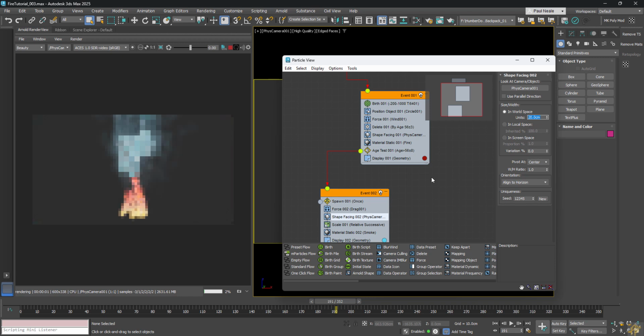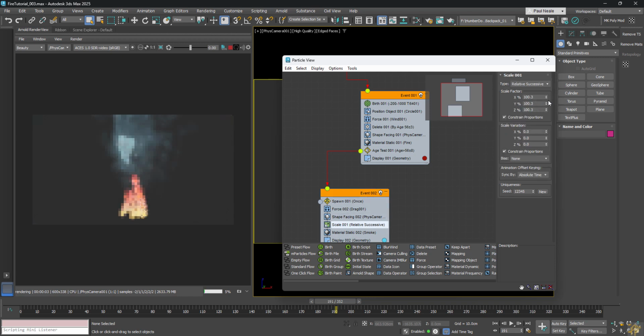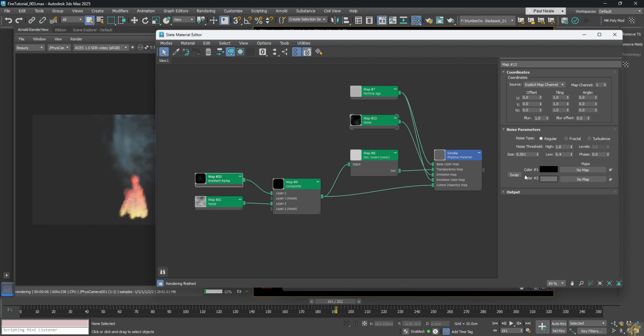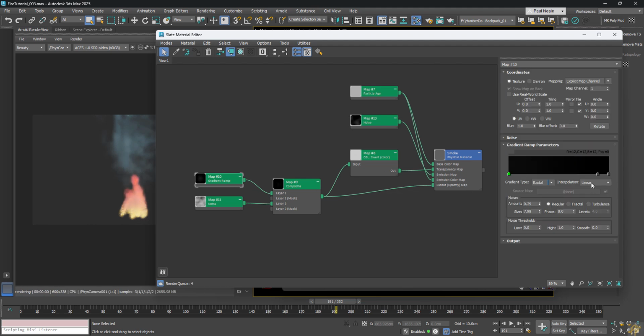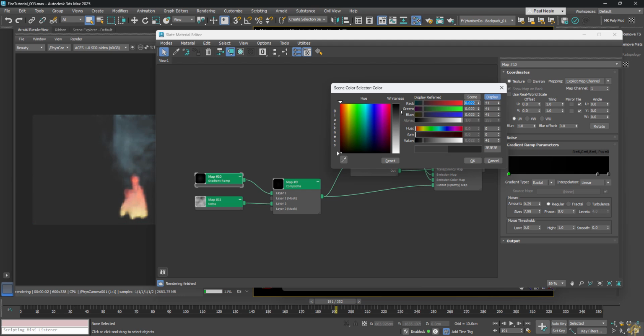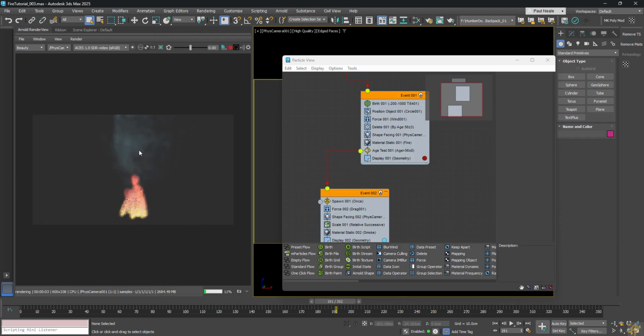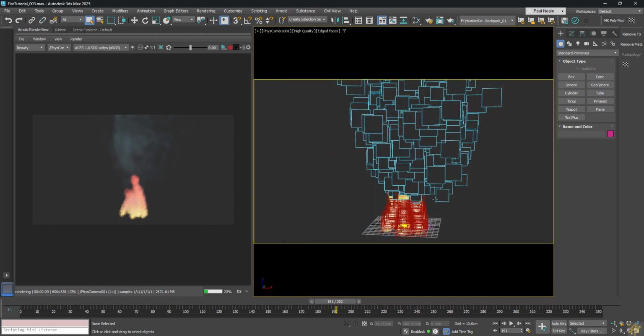And then, of course, we can also go in and play with the transparency again. So of that smoke, you can see we're almost at black, and we can play that up and down. Now, that's starting to create our smoke and fire look, but it doesn't look anything like what I had initially. So now what we need to do is add some lighting. In here, I'm going to add an Arnold light. We're going to grab an Arnold light, and it's going to be a point light. And I'm just going to stick that in the middle